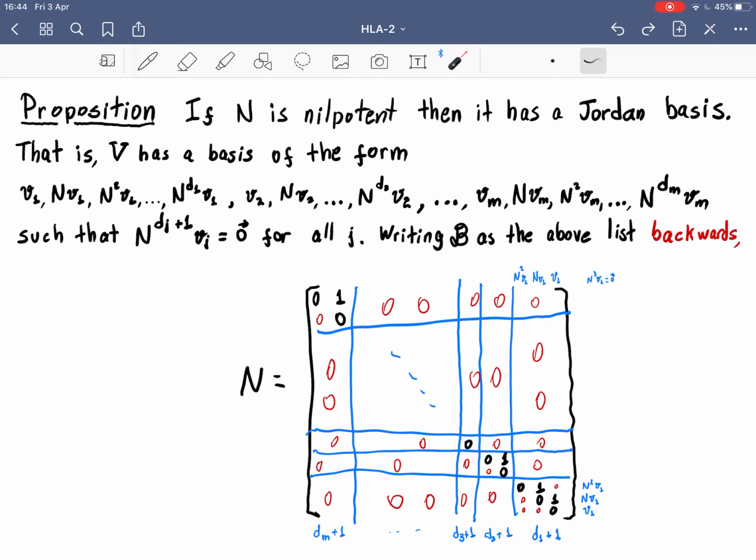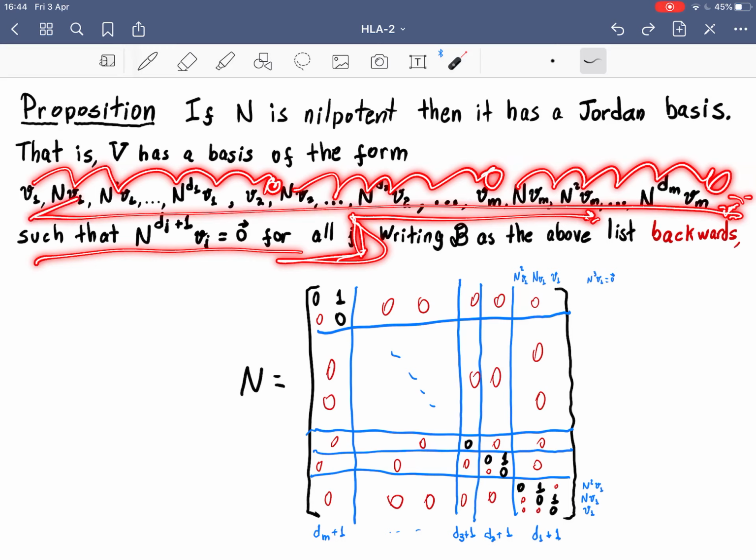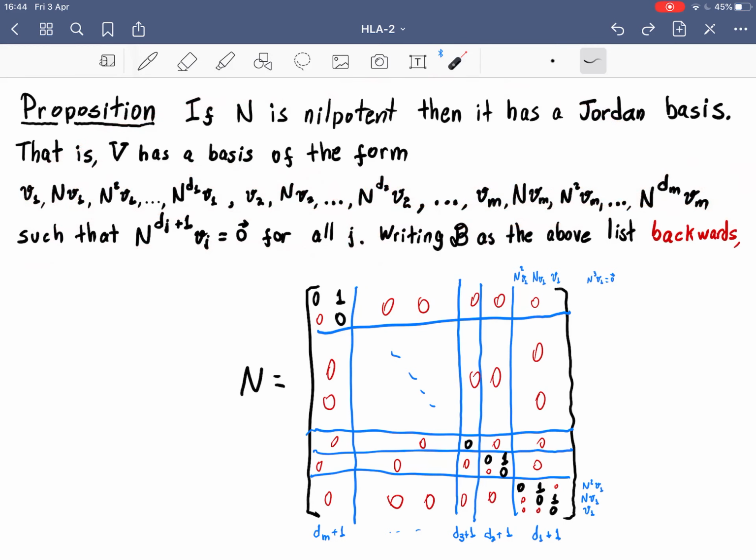And in the proposition, we can think it stops here. But then once you have a basis that is of this form, it's just a thread that ends at 0, another thread that ends at 0, and another thread that ends at 0. And if they form a basis, then if we write now this basis backwards, if we reverse the order of this basis, and we see what's the